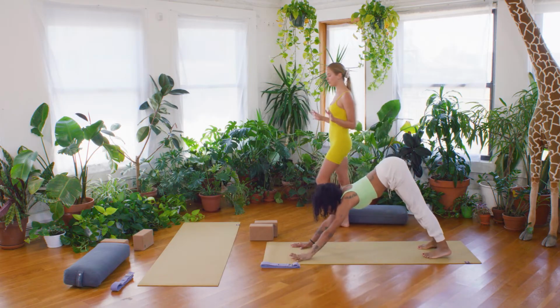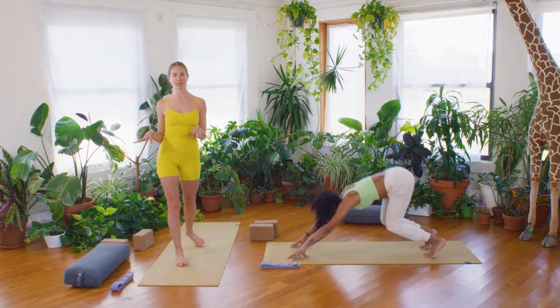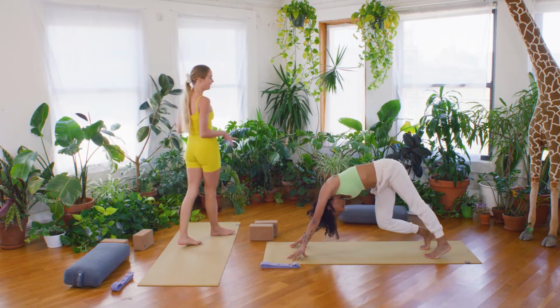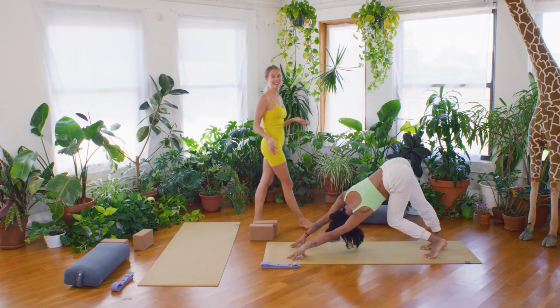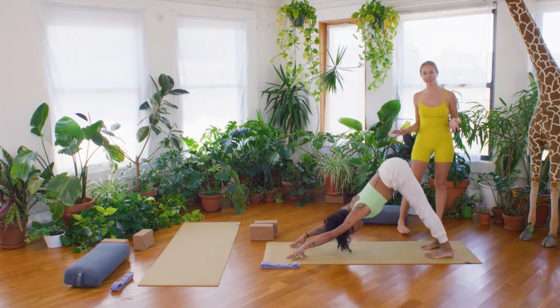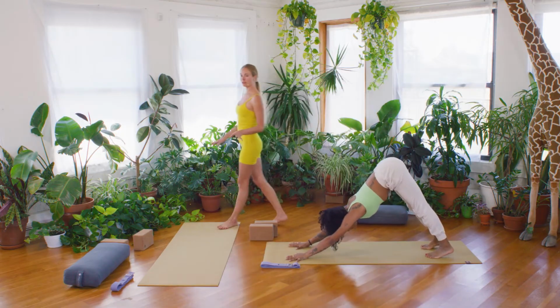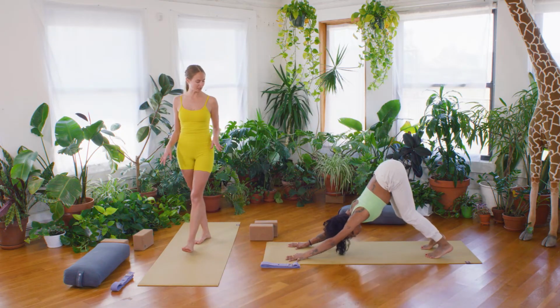So actual dogs in nature move, sniff around, look around. They're very social and they don't listen, right? They're not like totally still and rigid and like soldiers. They're very organic. Walk your feet up towards the top of the mat, little steps up to the top of